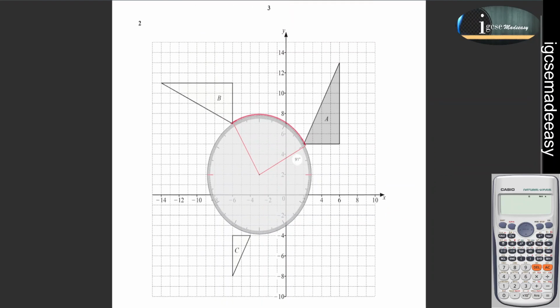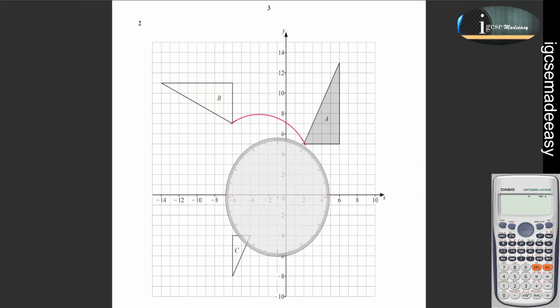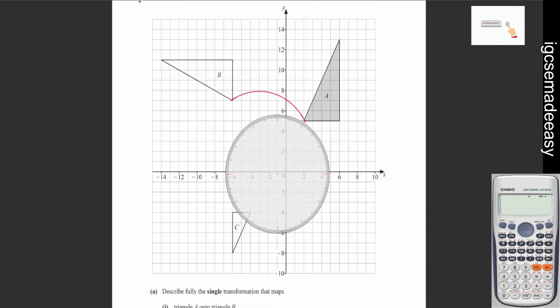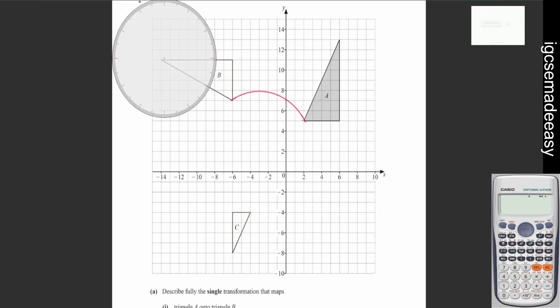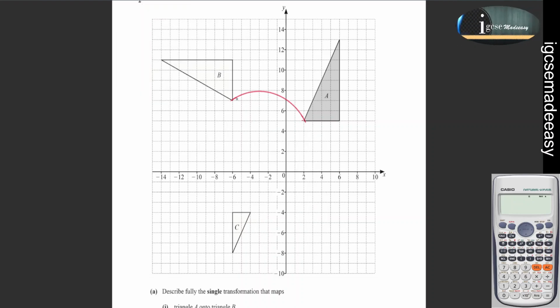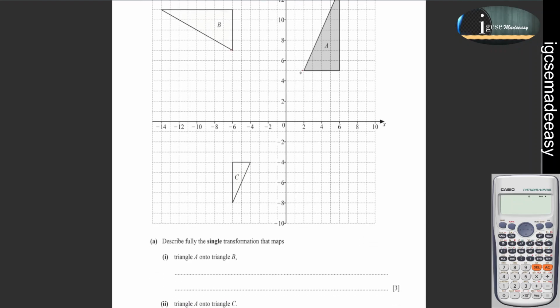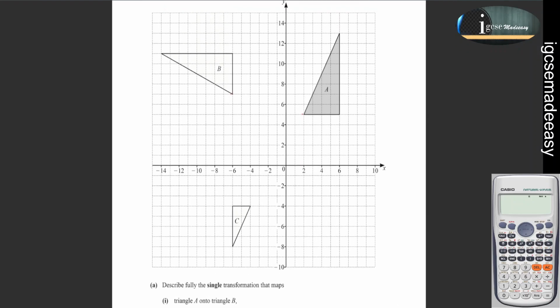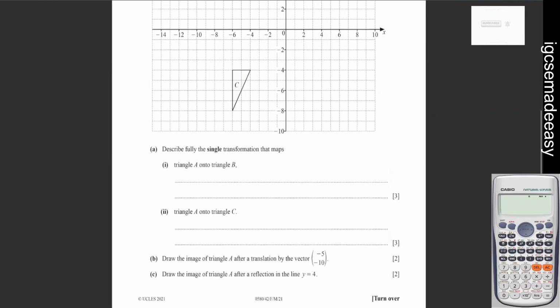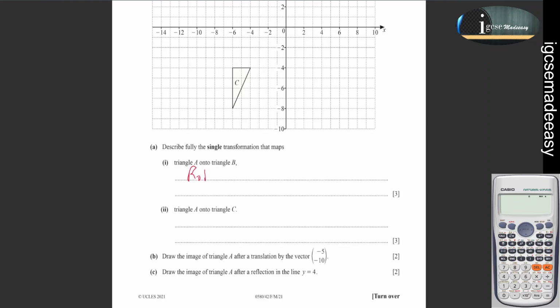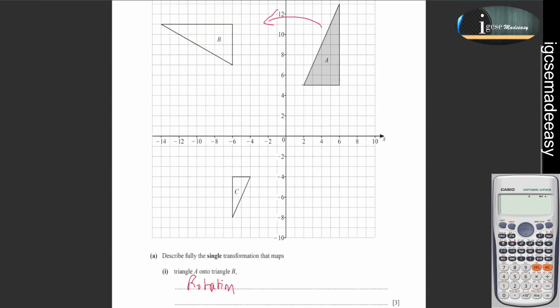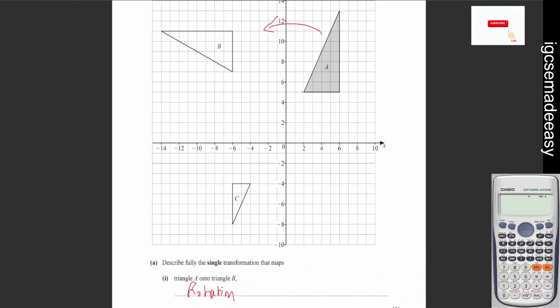What I'm trying to say is, here you have to find the transformation that is happening from triangle A to triangle B. You can figure it out using the trace paper. I was just trying to help you see how it's happening. Another way is, if it jumps from one quadrant to another, then rotation is there. You can use trace paper to find out. If it jumps just one quadrant ahead,